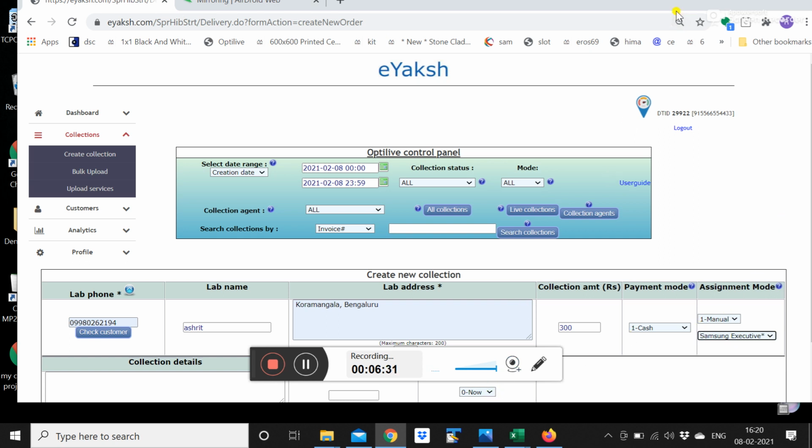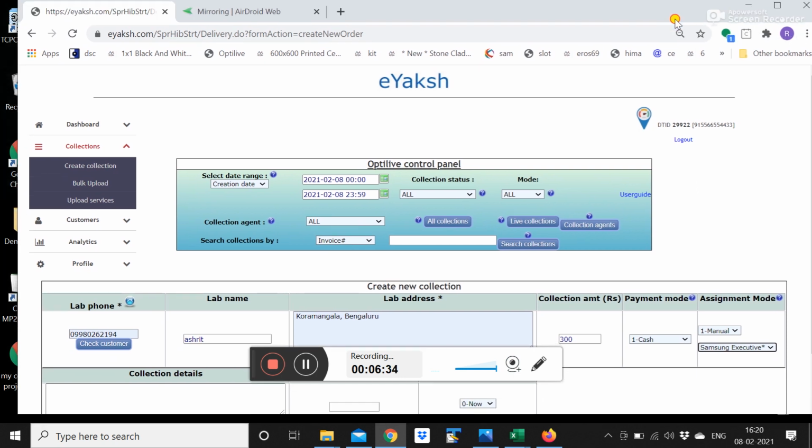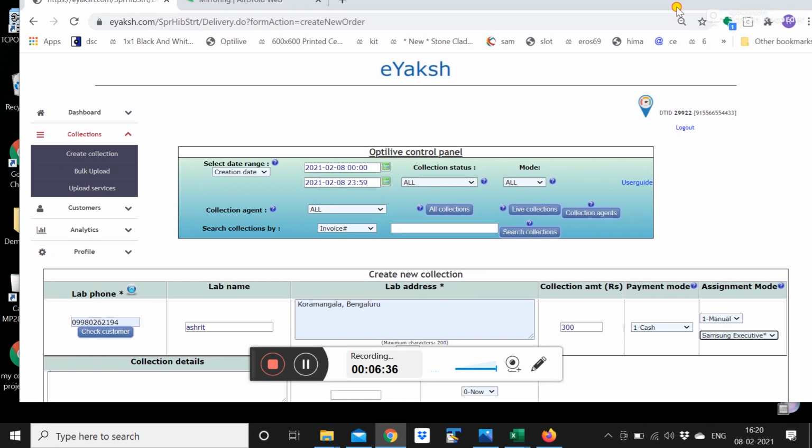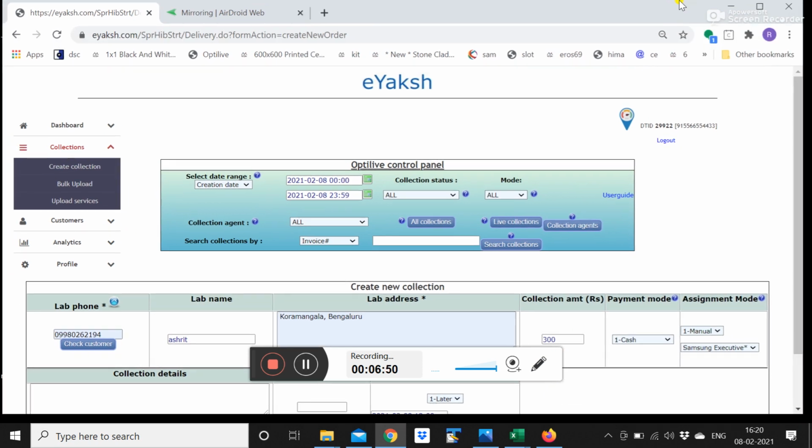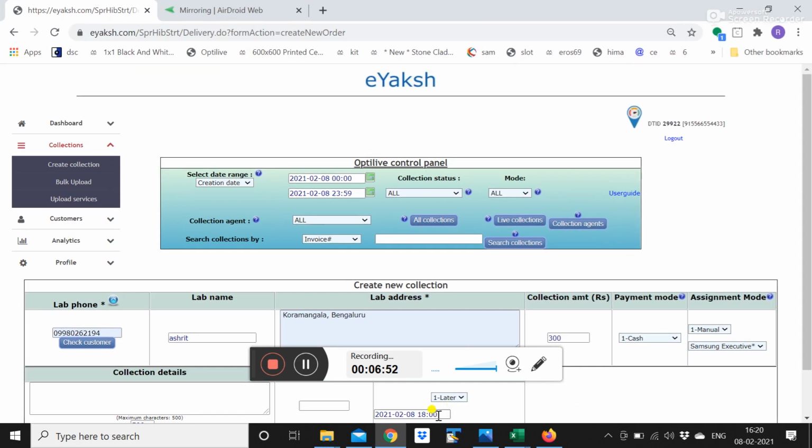And there's something called now or later. Now means it is going to be instantly assigned on the Flebo's mobile, and later would come with a calendar. That is, later will have a date and a time, so you can choose at what date and what time the collection has to be done. You can select the date, select your slot, and it will be assigned on that day and time to the Flebo. So for the demo purpose, I am assigning it now,